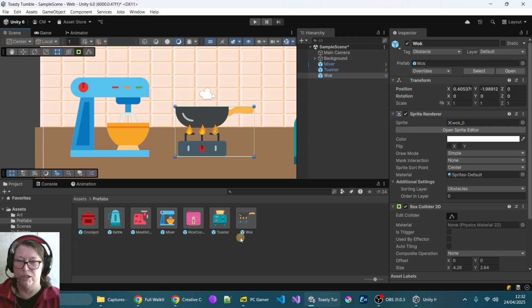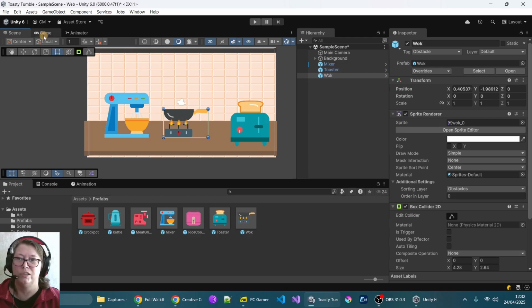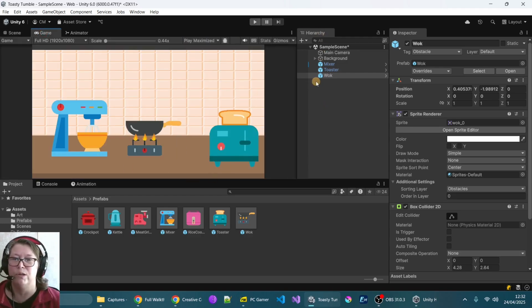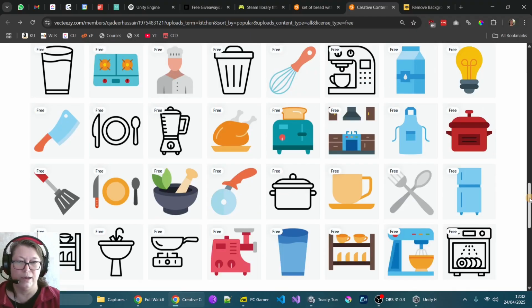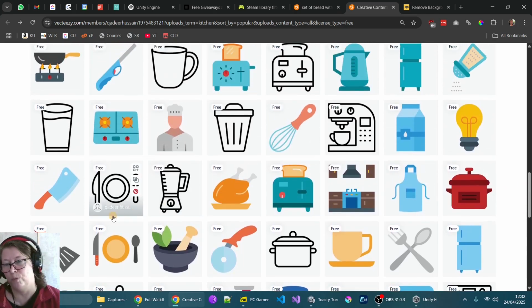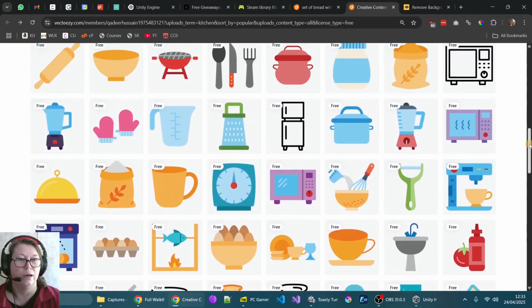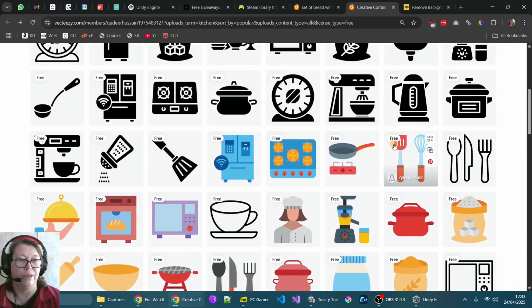So at the moment I'm just setting up all the prefabs, ready. This is how it would look in game. If I come back to this art set, I could only download a few images because I'm on the free plan, so I'll have to download some more tomorrow. But I'm going to want things like utensils like this, the machete, the whisk, maybe the knife out of that image,